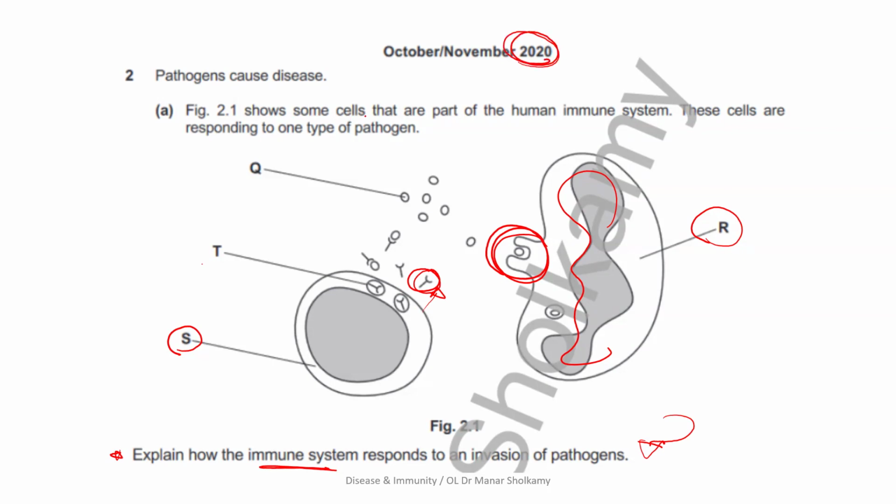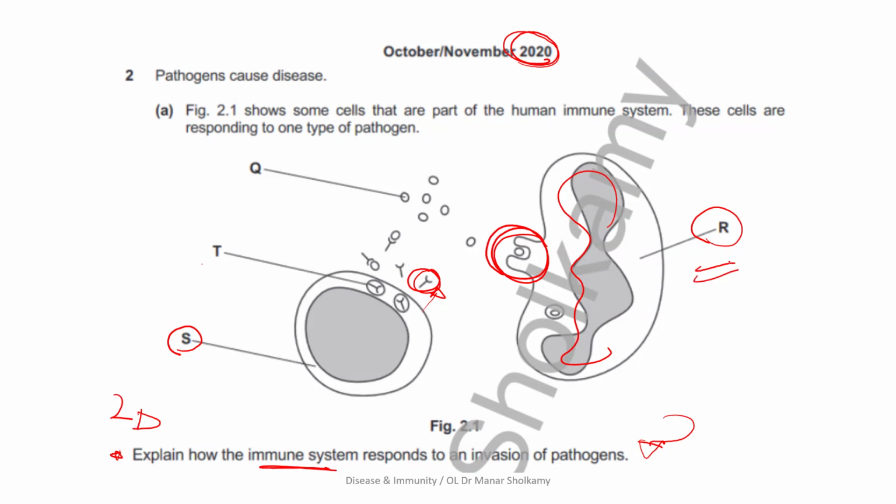Figure 2.1 shows some cells that are part of the immune system. These cells are responding to one type of pathogen, and they gave you both cells. So in this question, will you talk only about lymphocytes? No, both. You will talk about both. They do not give you a picture here to waste their ink or to waste space. So here, in this question, explain, you will talk about the phagocyte,